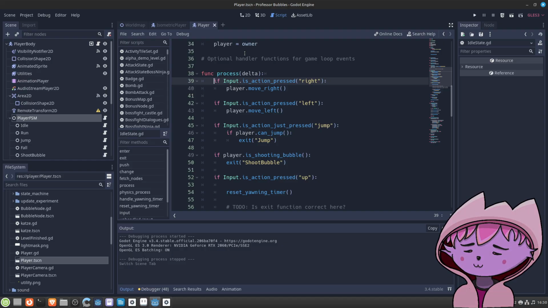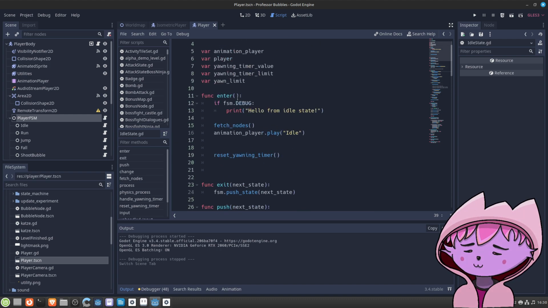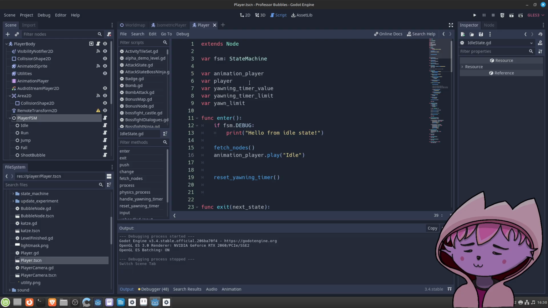Or the question is, how can this state machine be disconnected from the inputs? I suppose one way to do that would be to allow some signals to be variables for the states.